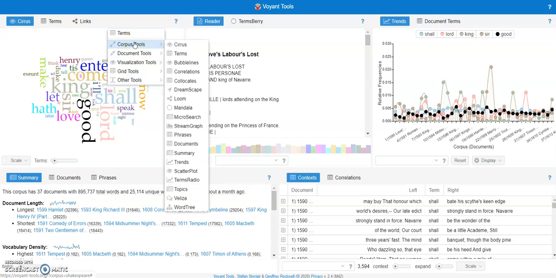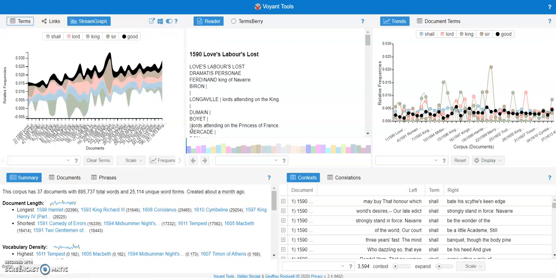So I recommend to jump into this and start to play with some of these and see maybe some of the interesting ways that these visualizations help you to recast some of these plays or Shakespeare's language. What can we learn about Shakespeare's works by visualizing these terms a little bit differently? For example, we can use a stream graph, and this just gives us a different way to visualize the frequency